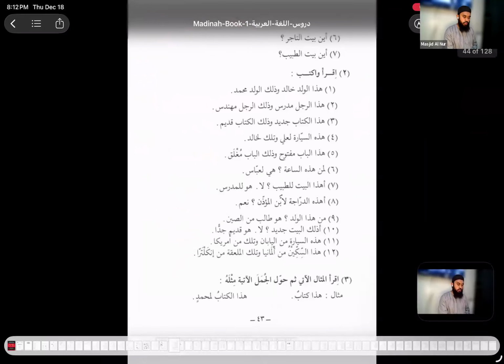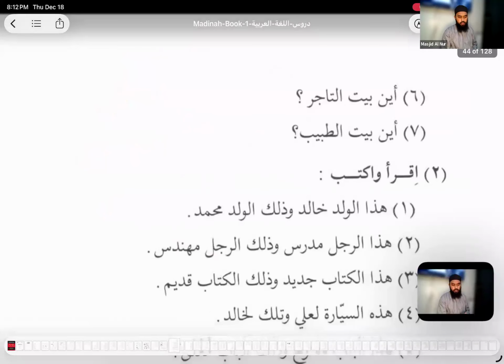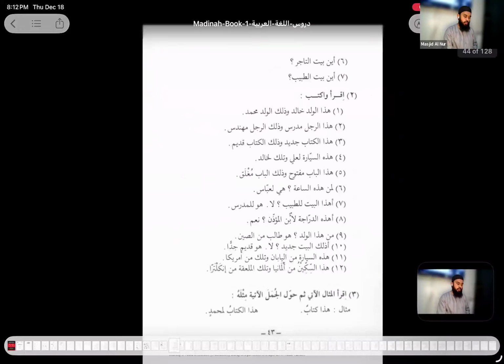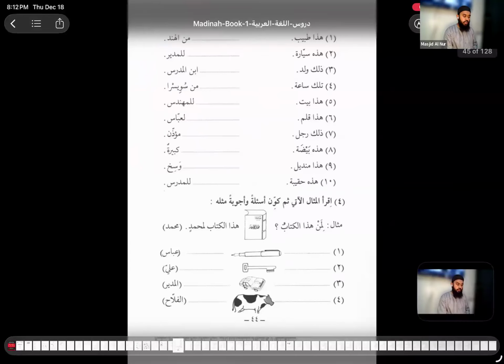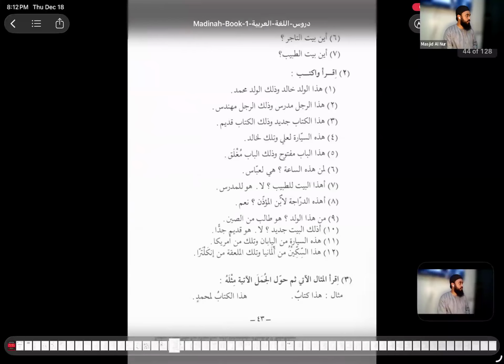So I want you guys to go through that, translate that, and go. I'll do until number 7, inshallah. Is that clear for everyone? Do you want us to translate and put a potential answer? Yes, if you have a potential answer, your own answer, I would love that. Have your own answers. Answer it yourselves. At this stage in Arabic, you guys should be answering these sentences all by yourselves. You do not need my help.